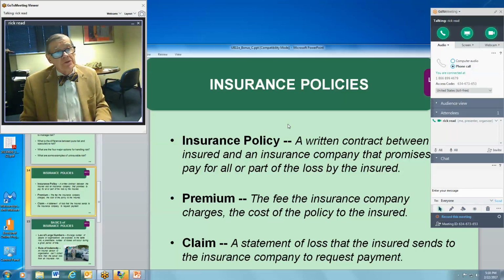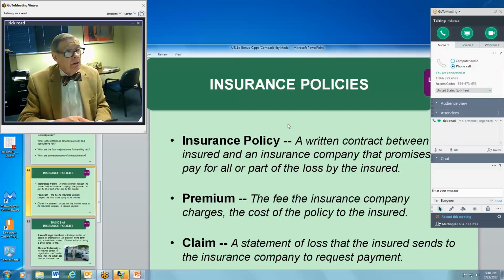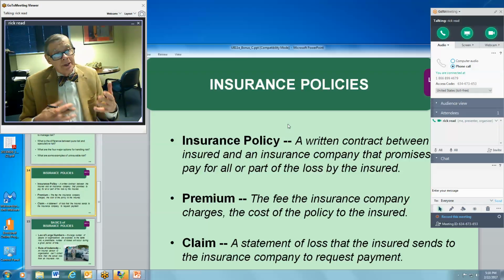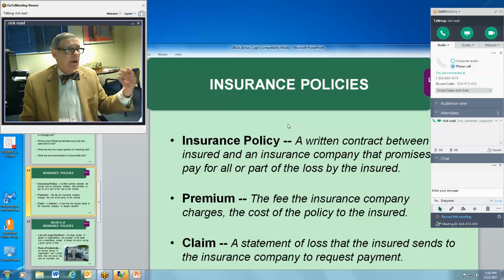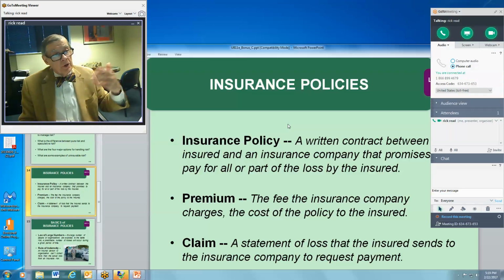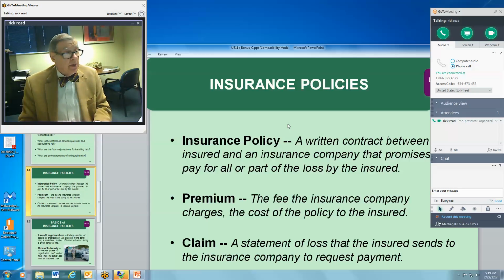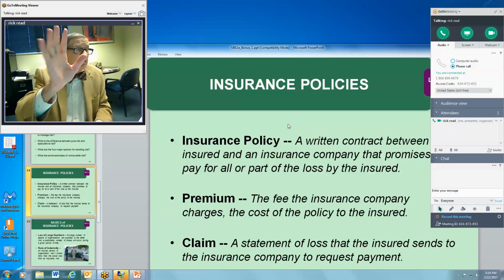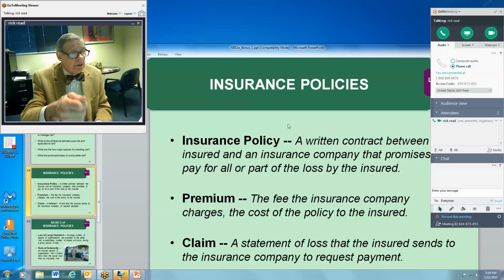The premium is simply what you pay the insurance company. However often you and the insurance company agree that payment has to be submitted. Normally speaking, if you pay the entire insurance premium up front, you get a rebate of some kind. If you stretch it out like 12 monthly payments, it's a little more. Quarterly payments a little bit less than 12. And semi-annual, some insurance companies will give you the same rate that they give if you pay annually. And the claim is simply this: I had a loss. Here's my claim, Mr. or Miss Insurance Company. Please pay this amount.